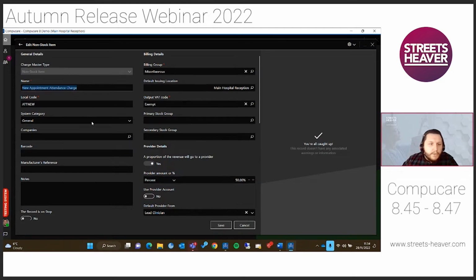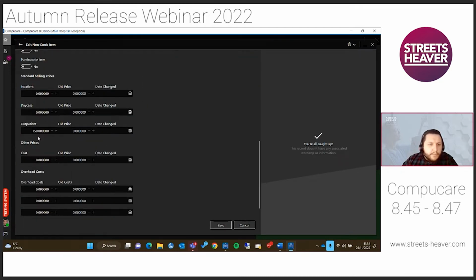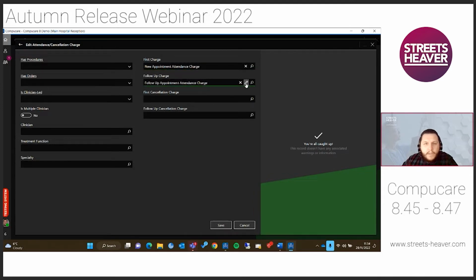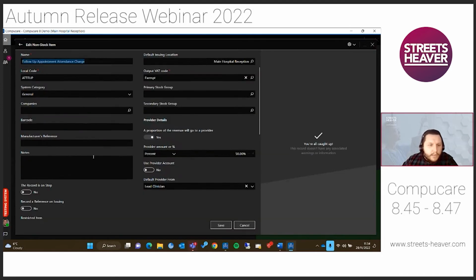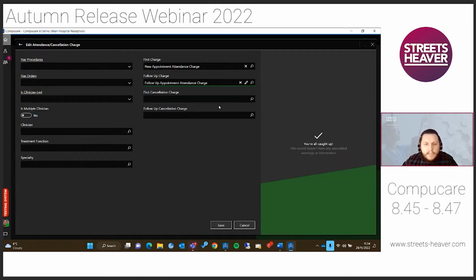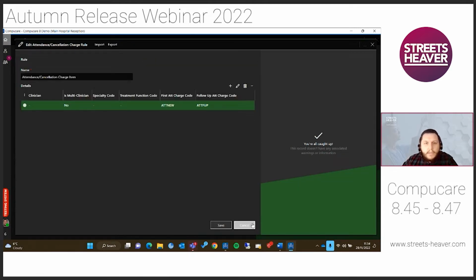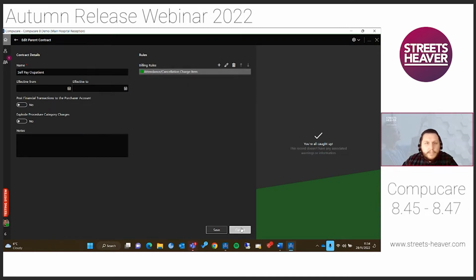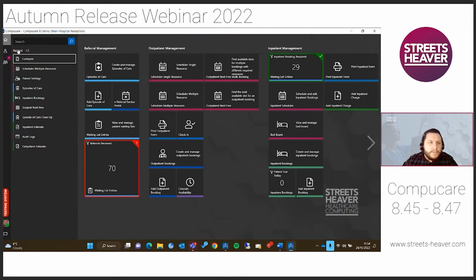you can see against the new appointment charge, I've set some fees up there for about £150 for that appointment. And if we go into the follow-up one, I've got some fees against that one as well. I think this is £120. So what we should see is when we've got this contract on the estimator set up, and when we just flick that toggle, it should just start pulling through those charges for us. So if we go into the estimator tool,